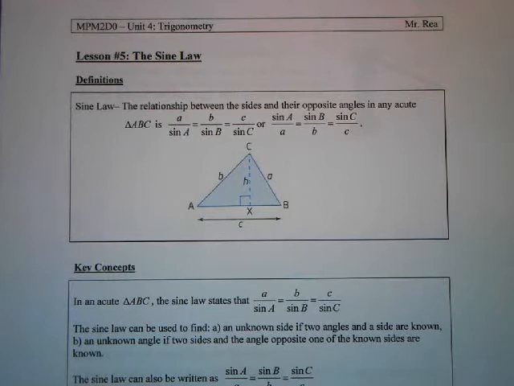Basically, as a quick recap of the first four lessons of this unit, we started off with similar triangles. We saw how if two triangles had all the same angles but different side lengths, they would be considered similar triangles. And through the corresponding side ratios, you can find out some missing or unknown sides. So that was our first tool of this unit. And then we got into